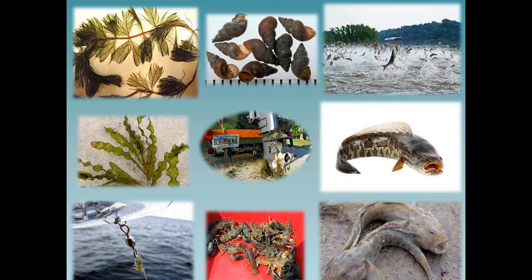Below there we have the round goby. This is actually a native predator of the zebra mussel that was introduced from the same area by ballast water, same as the mussels. However, where it does occur, like the Great Lakes, they're not finding that it's really controlling zebra or quagga mussels at all, and in fact it's kind of crowding out other bottom-feeding native fish. So we really want to keep the round gobies out.